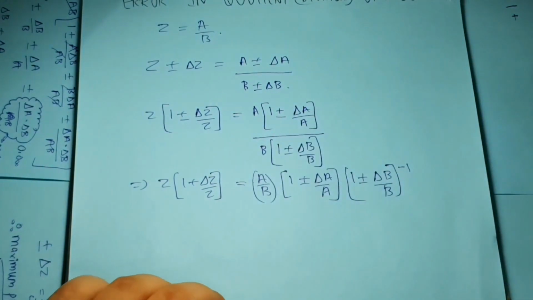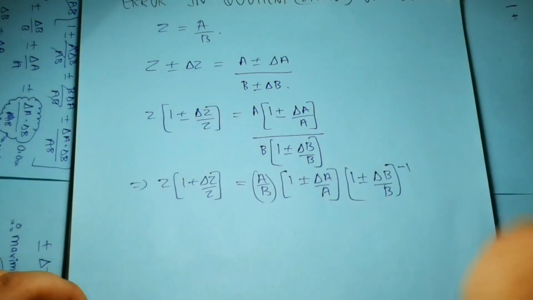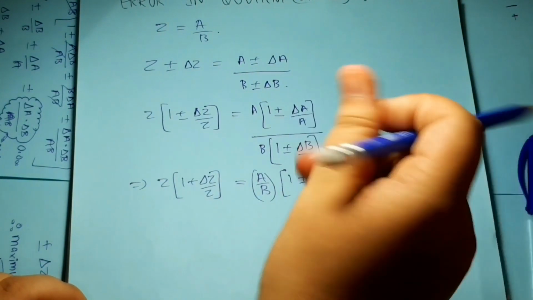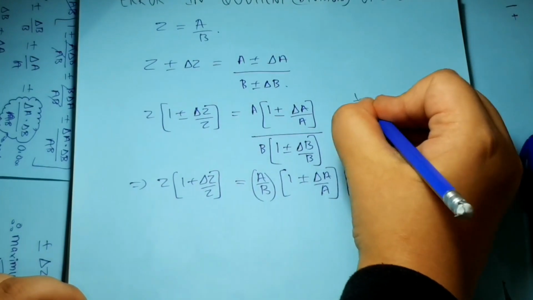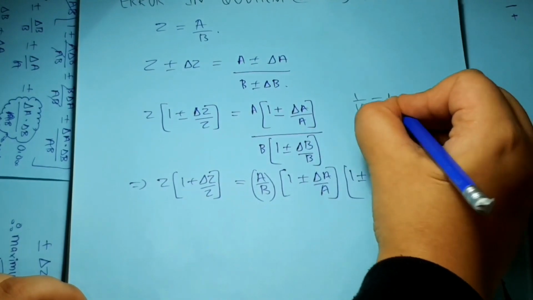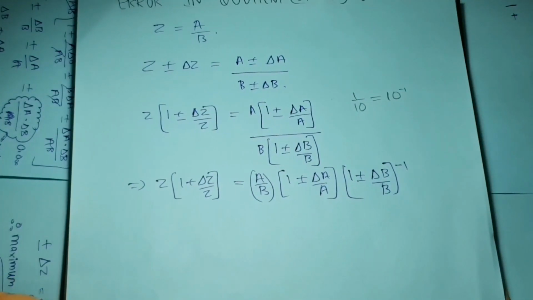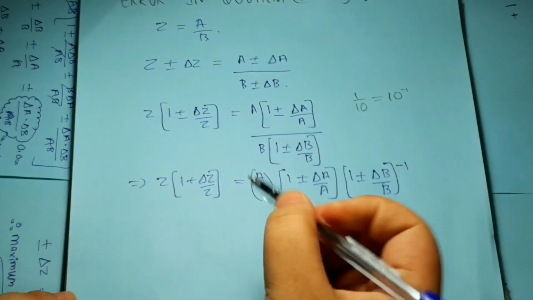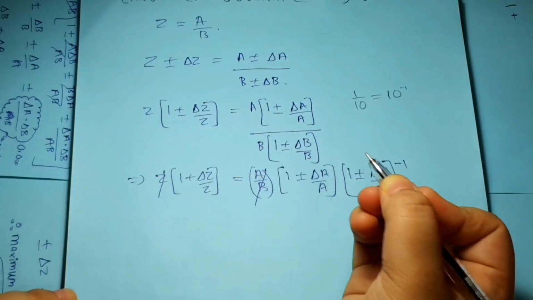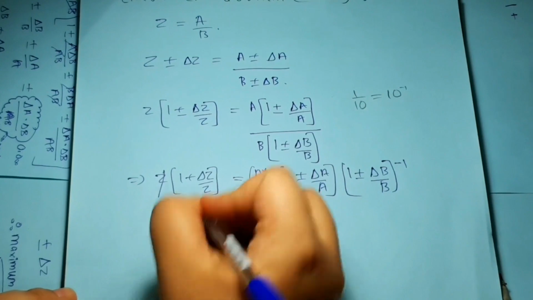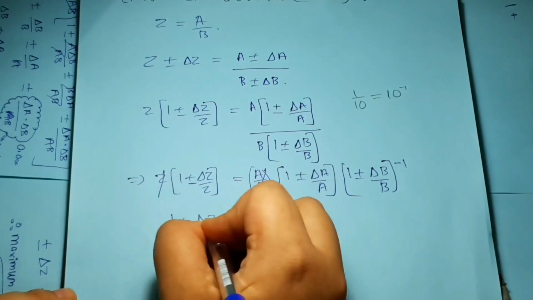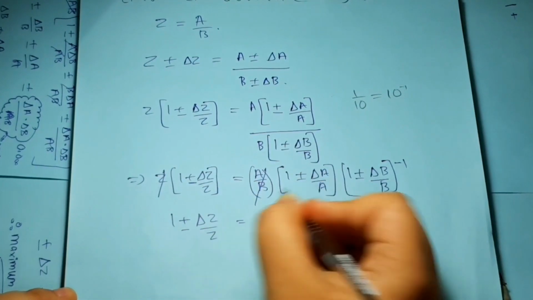Now how is it minus 1? You know very well, because if you have a number, let's say 1 by 10, this can be written as 10 raised to minus 1, isn't it? Because taking it towards the up direction, it becomes minus 1. The same thing has been done over here also. Okay, now you can cancel this out, giving us 1 plus or minus delta z by z is equal to,